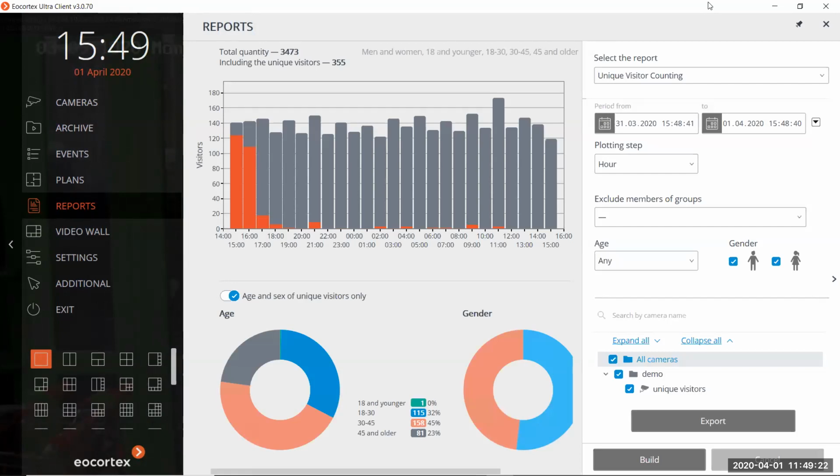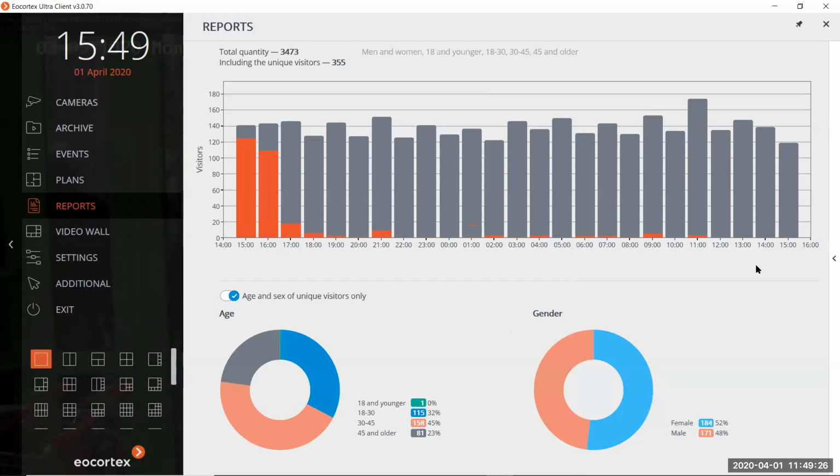So we can understand if this person is a unique visitor or just a usual visitor. Here we can see the total quantity of visitors, about 3,500, and unique visitors, about 3,500.